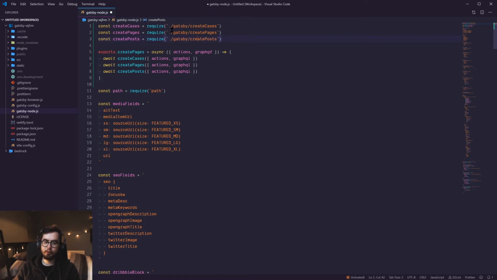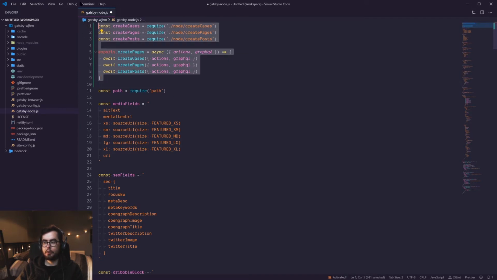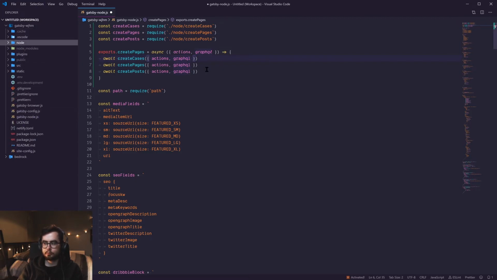Now, instead of referencing a Gatsby directory, we're going to be creating a node directory to house all of our node processes and files. So we'll update that. And now we'll be removing the rest of the file and separating it into its own directories and files as we go along, but this is going to be our new Gatsby node file essentially. So to get started on the process, we're going to create a new directory called node, and within here we are going to have create